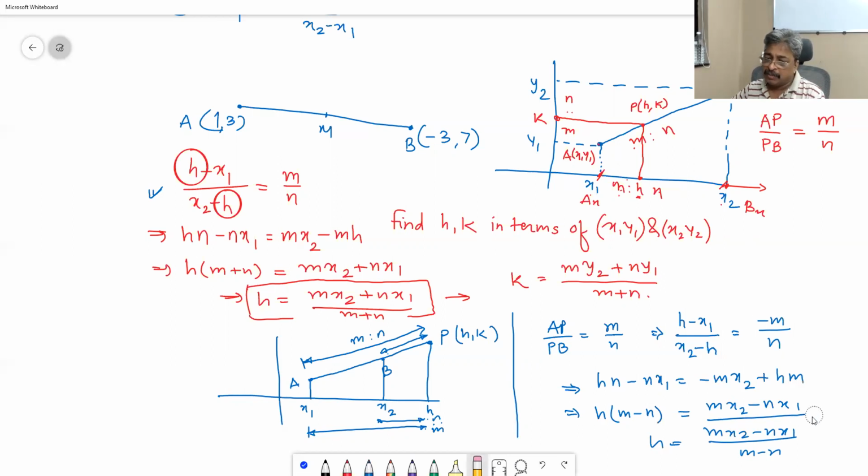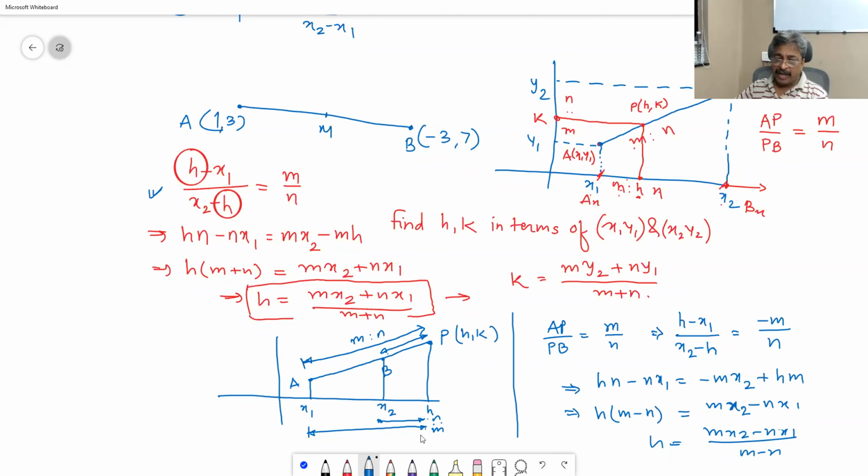Right, so only the sign in between changes if it is external division, otherwise it is one and the same. So while deriving the formula, you have to take care of internal or external division. If the point is internally dividing, then plus, plus everywhere. If the point is externally dividing, then minus in m minus n. And therefore, you will realize that m minus n,